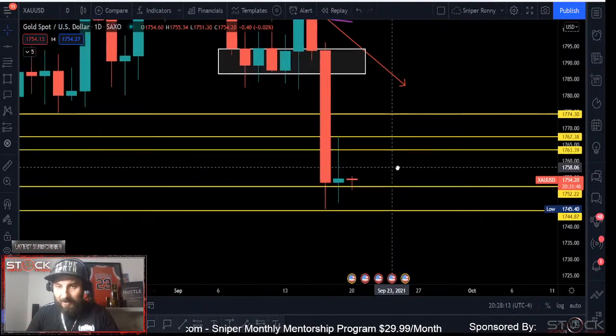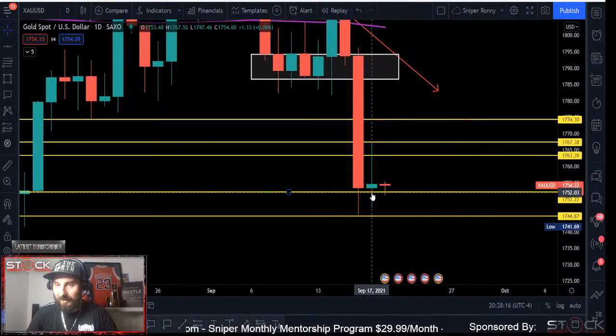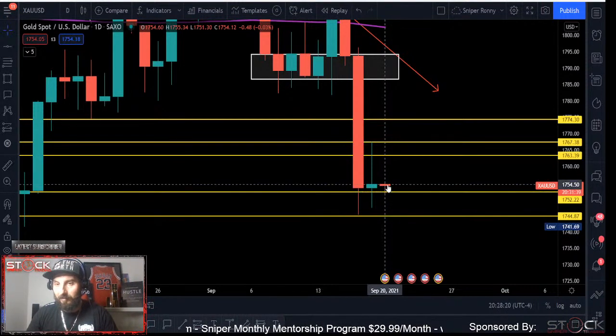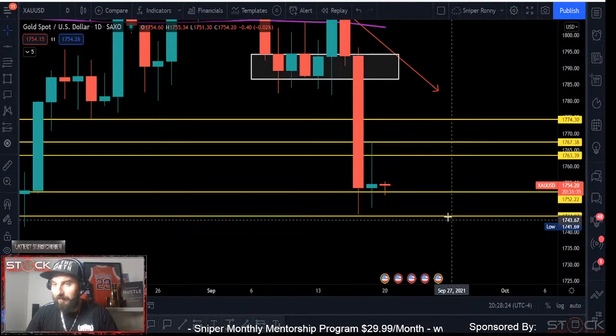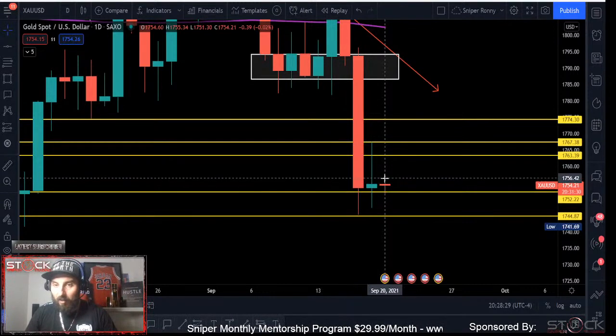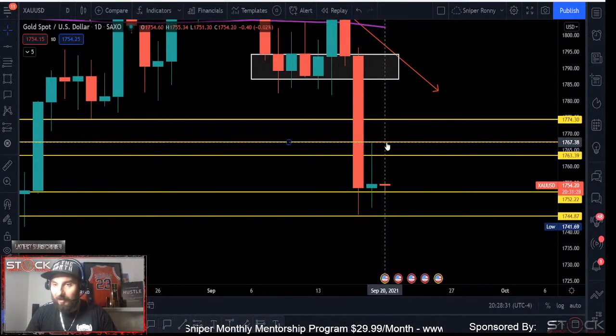Okay, and then our next candle right now, this is the Sunday night candle. They opened it up, it came back, it tested this level 1752, and we're kind of pushing up a little bit. We're right here at 1754 area. Okay, so what we're looking for is on the daily, can we push gold? Can it come back up to at least here? We need to break above